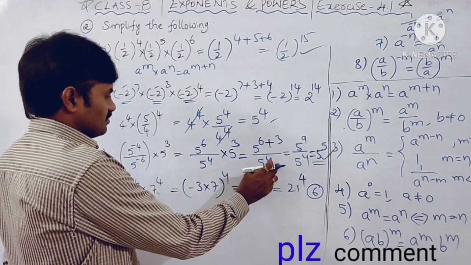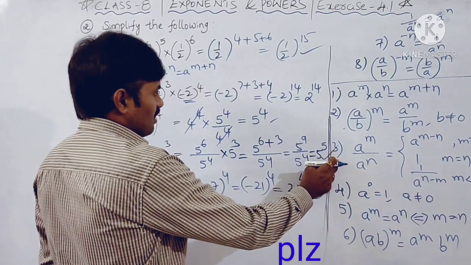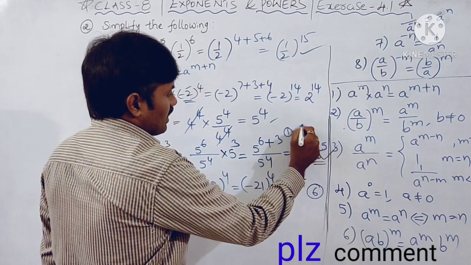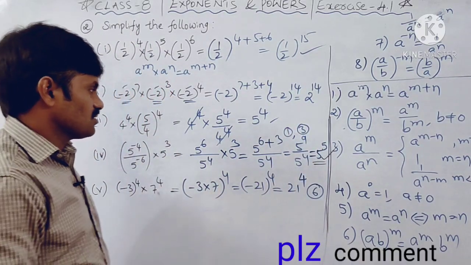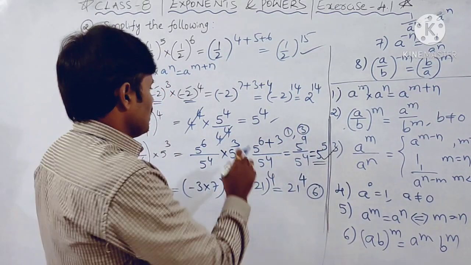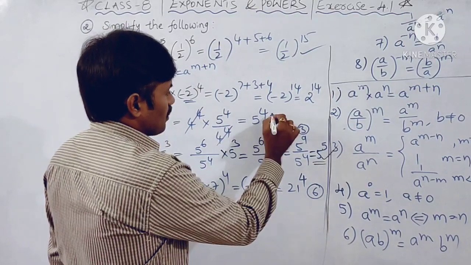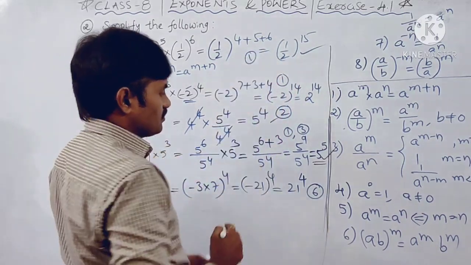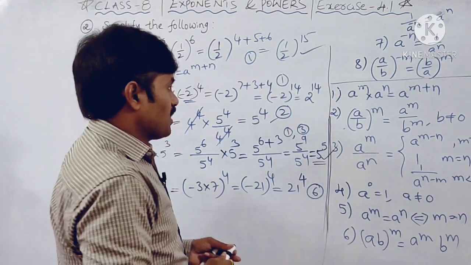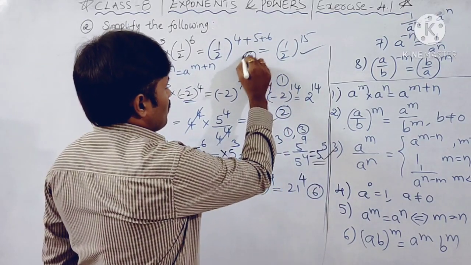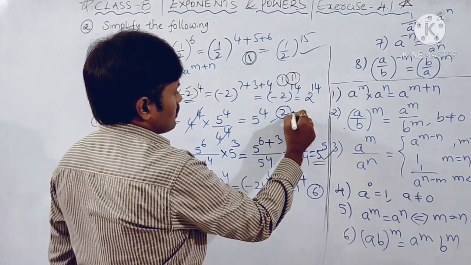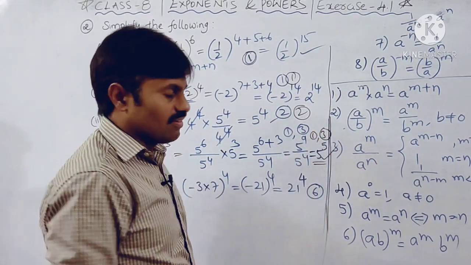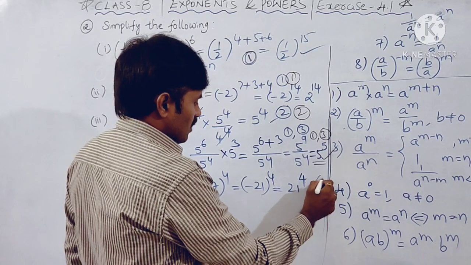In this mixed problem, we used mixed formulas. What are they? Third one we have used, and first one also we used. Okay, here there is no place, so I am not writing the reasons. Please write the reasons in your notes. Okay, you note down those reasons. And here is the reason: second formula we used, and here we used first formula. Here also first formula. Okay, so no place, so I am giving here formula number 1. Here also we used first formula, and here second formula. Here 1 and 3 we have used. We have applied 1 and 3 formulas, and here is the sixth formula.